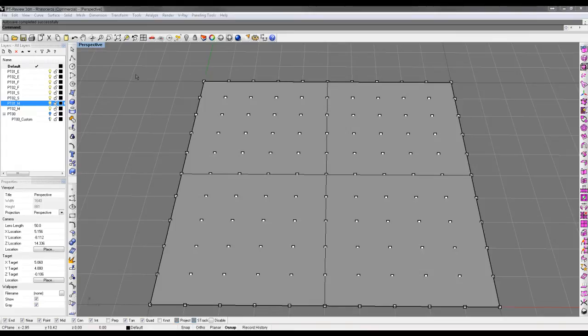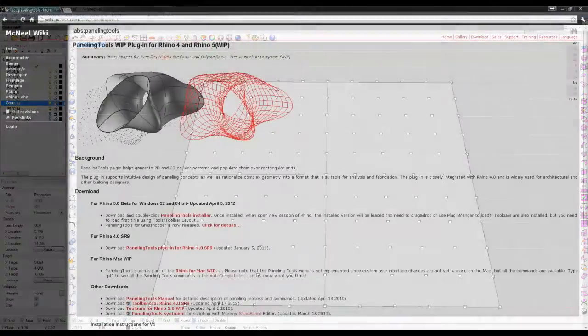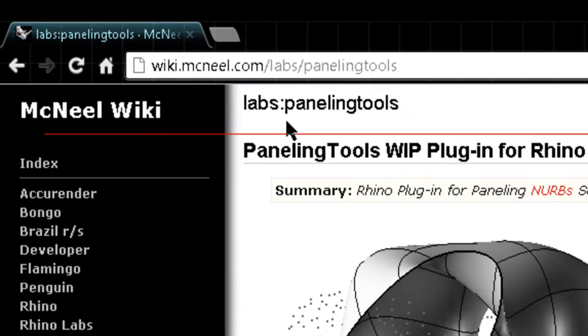The Paneling Tools plugin is much like the Array Along a Surface command, where you can take either a 2D or 3D element and array it along a surface. However, it gives you much more control and a lot of cool parameters that you wouldn't otherwise be able to achieve. To get the plugin, you can go to